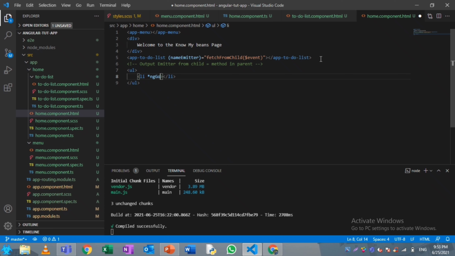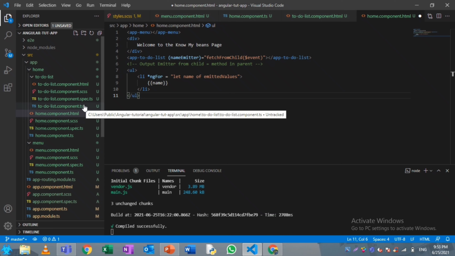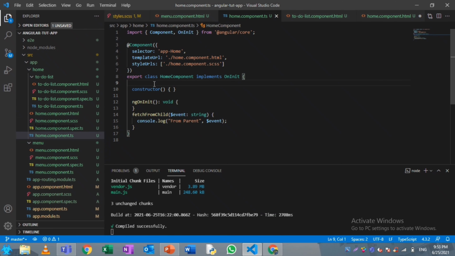So the concept is like, whenever I enter a data from the child, I'm going to put that into an array, and whenever it is emitted, I'm going to add the value to my array. So in action, it will be like a list being added from the events emitted from the child.